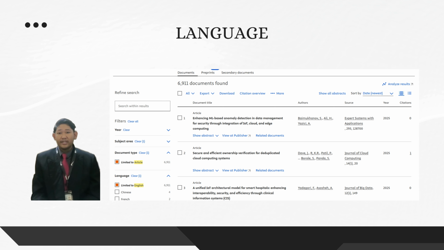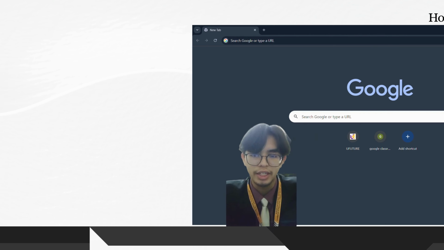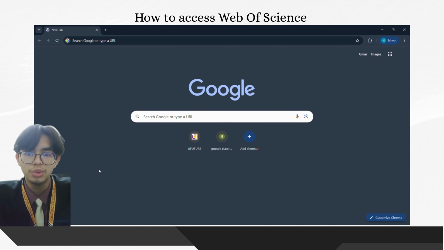To preserve the sole English language that may be displayed, the remaining document is filtered using the final filter. This is because the research aims to employ English, but the result is a multilingual environment. After the screening, the last 6,911 documents are left. It decreased by 254 documents. Next, I am going to show you how to access the Web of Science database through the UiTM